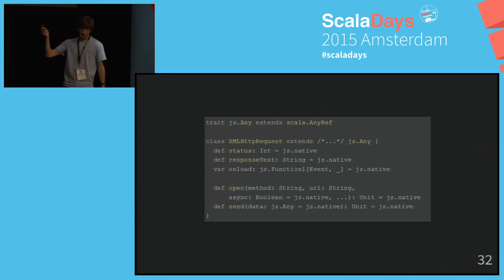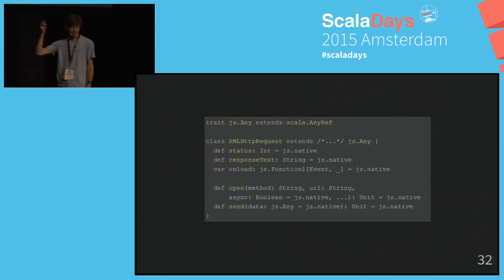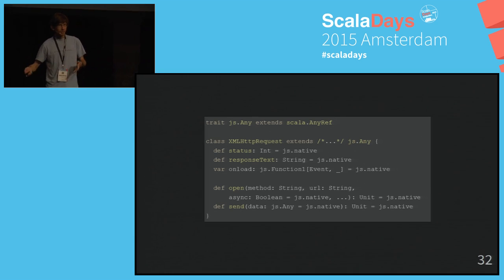Actually, it indirectly inherits from js.Any, hence the dots there. But basically, for everything that inherits from js.Any, the Scala.js compiler knows, oh okay, this code is not mine. It's not Scala code. It's just there for the types. I won't emit the code for this class.